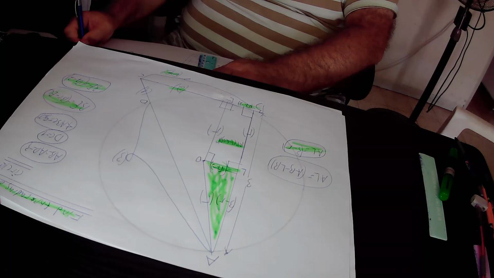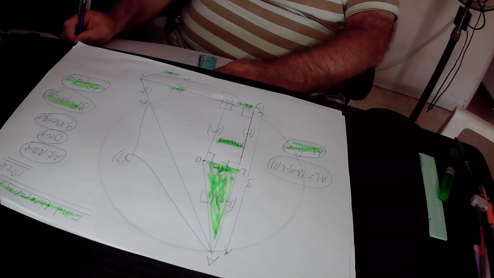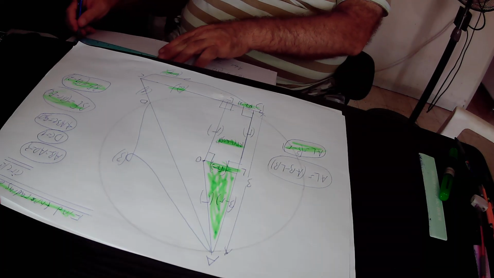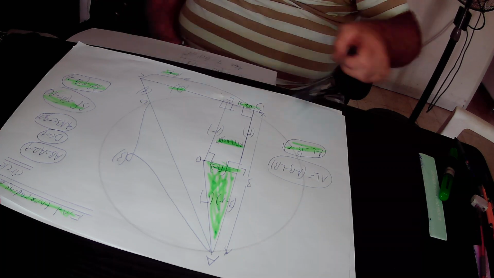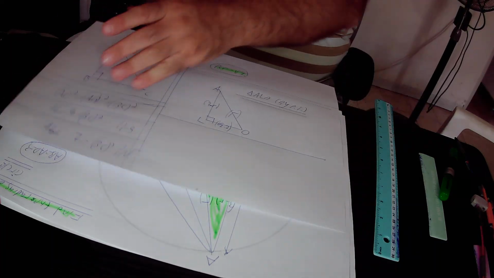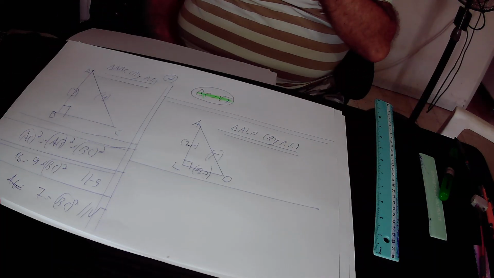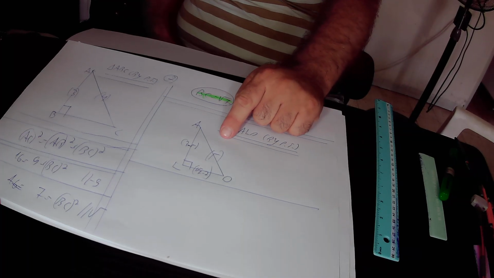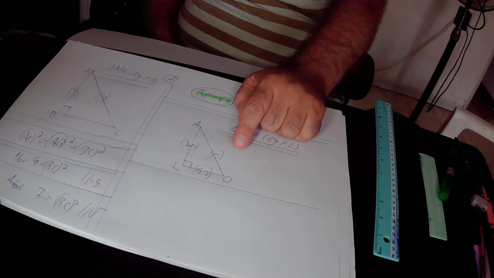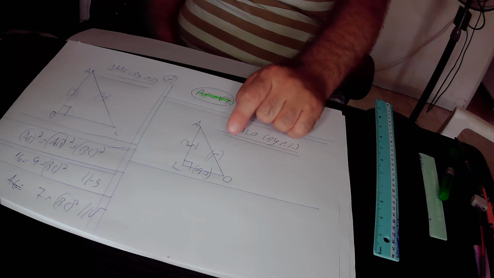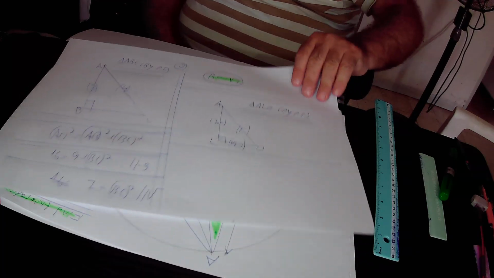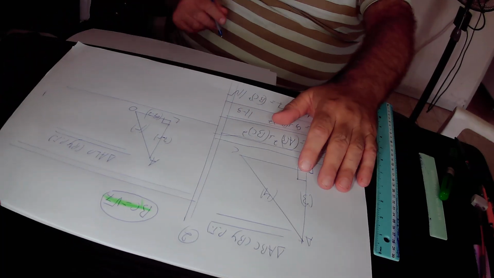Here PT is the abbreviation of Pythagoras theorem. So this is the right green triangle ALO. According to the Pythagoras theorem in this right triangle ALO, AO squared, that is the square of the hypotenuse, equals AL squared plus LO squared. So write it down: AO squared, the square of the hypotenuse,